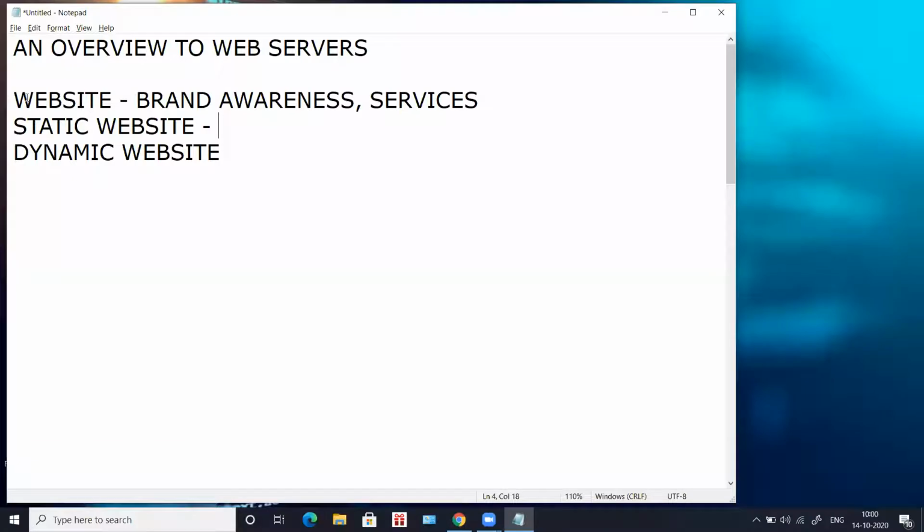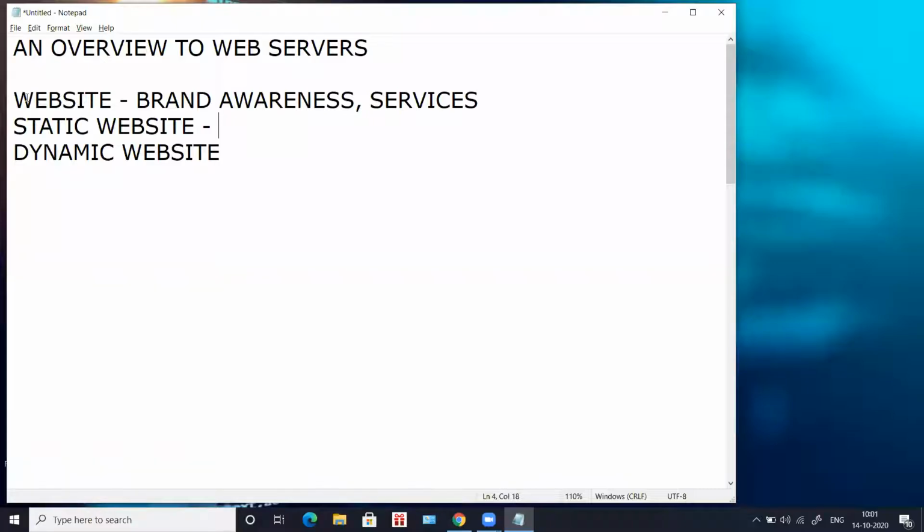Now, what is a static website? In very simple terms, any website that you can only see and you cannot communicate with, that is a static website. Most company websites will be static because you cannot communicate with the company website. They just wanted to show what services they are doing.